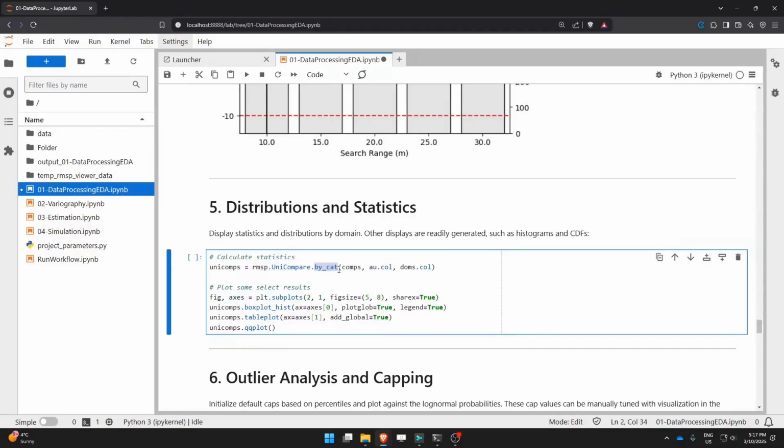So the UniCompare will generate multiple UniStats objects for each domain and also globally, and allow us to generate